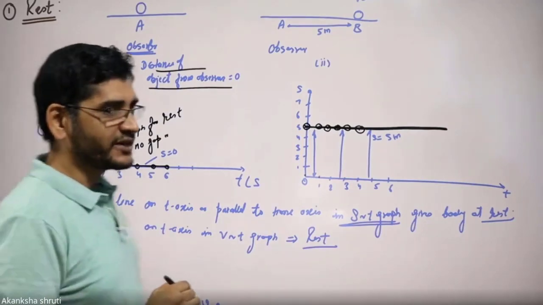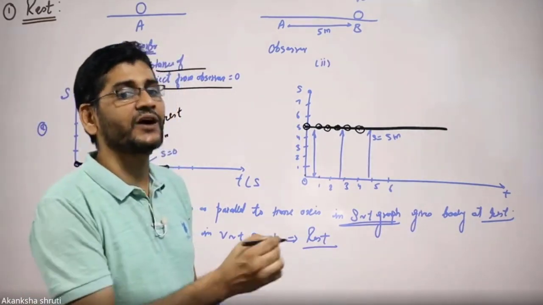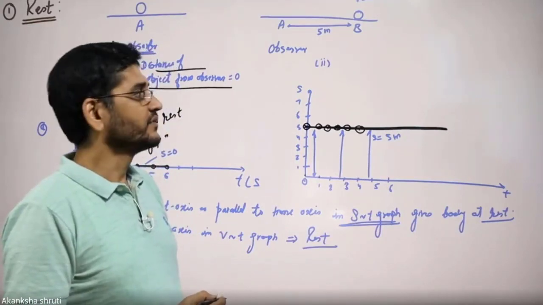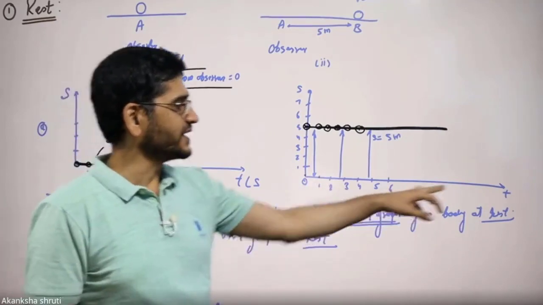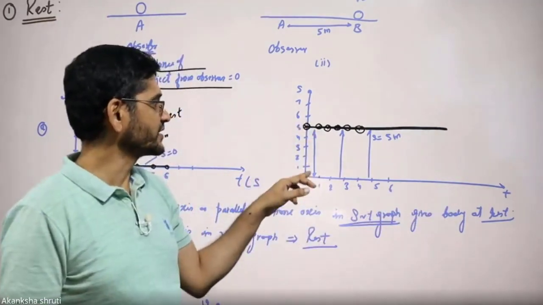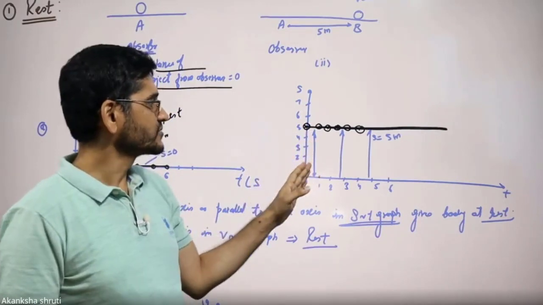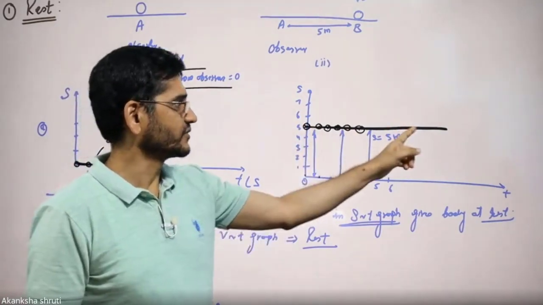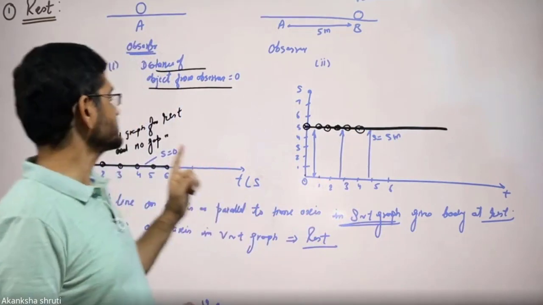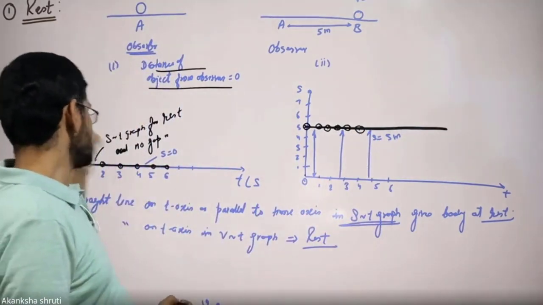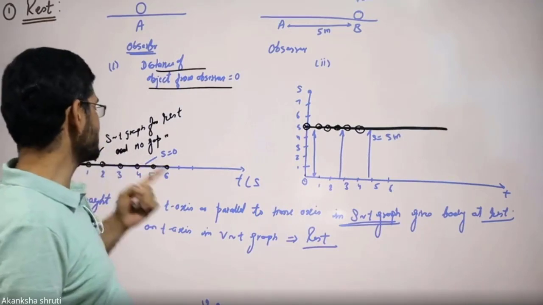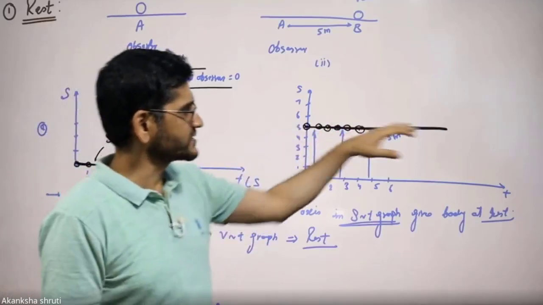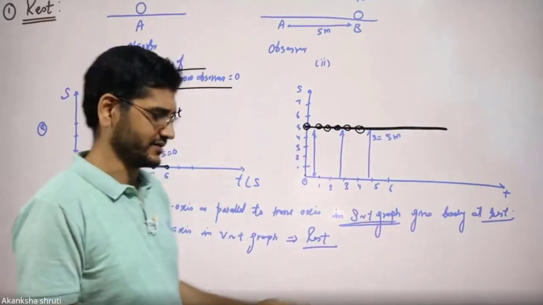But it may be possible that the ball is at a certain distance, say 10 meters away from you, and you are observing it. Then for the ball at rest, even as time passes, the distance remains that much. Here the distance is taken as 5 meters. So the ball will always remain at 5 meters, even at 1 second, 2 seconds. So for the body at rest, the distance time graph or even the displacement time graph is either a straight line on the time axis or a straight line parallel to the time axis.